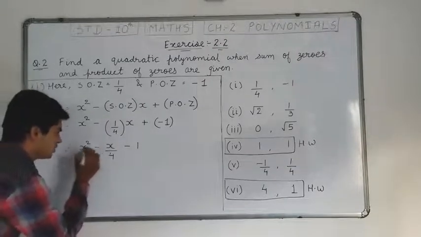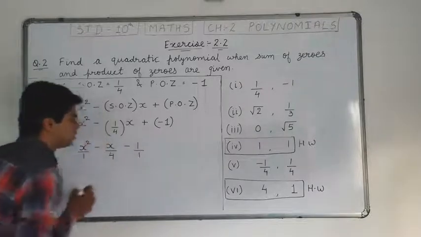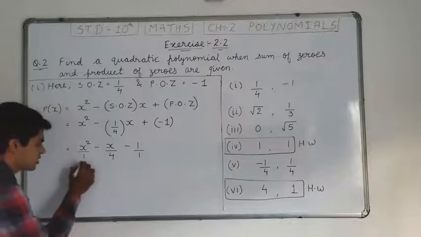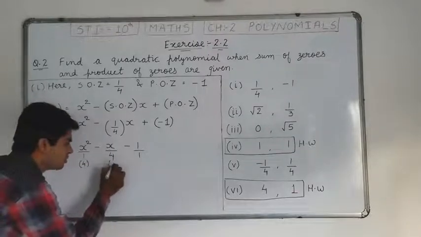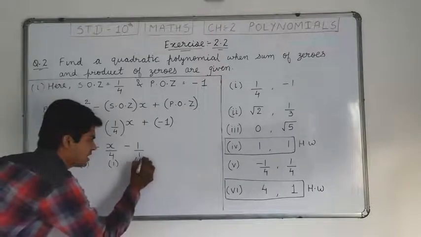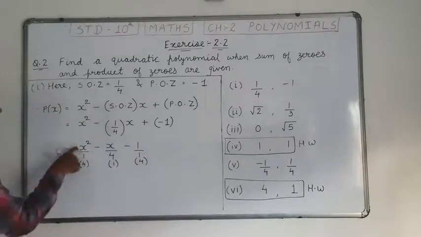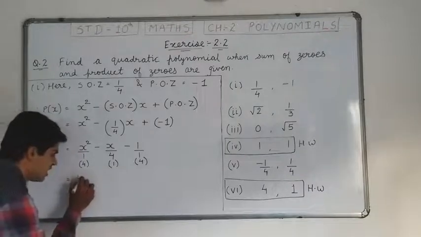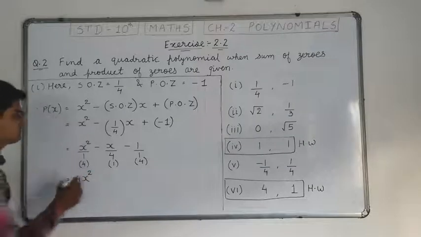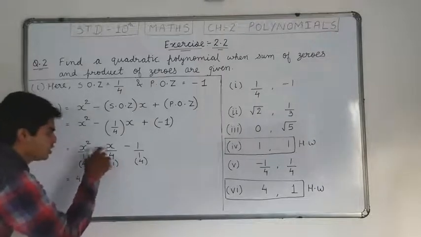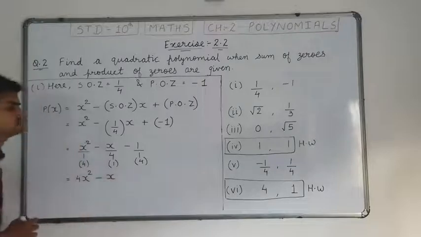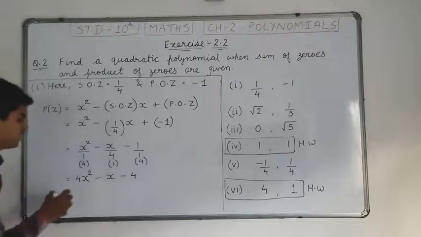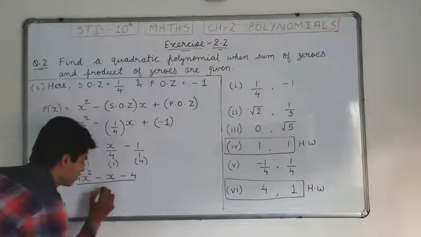So let us start the procedure to take out the LCM. You all know how to take the LCM. 4 here is the LCM. For LCM, here we will multiply with 4, here we will multiply with 1 and here we will multiply with 4. Now this 4 we will multiply with numerator x square. So it will be 4x square minus 1 into x. So it means simply x minus 4 ones are 4, and whole divided by 4.